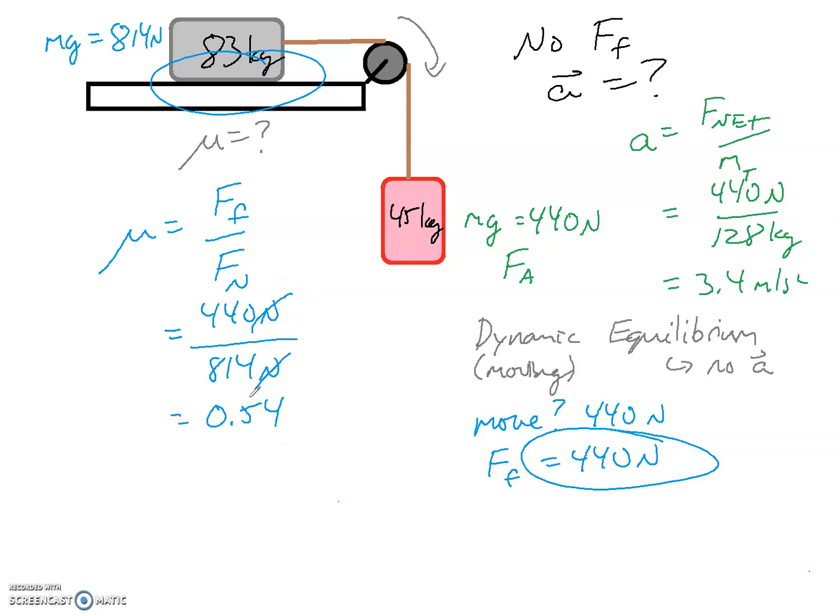So a coefficient of friction of 0.54 would allow this thing to be in dynamic equilibrium, still moving, but not accelerating. Any higher coefficient at all, this thing would not be moving at all. And any less of a coefficient of friction, it would move, but it would also accelerate. Not accelerate at 3.4, because that's with no friction, but somewhere between 0 and